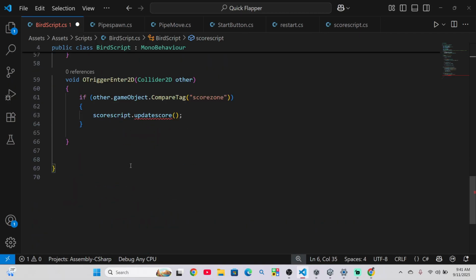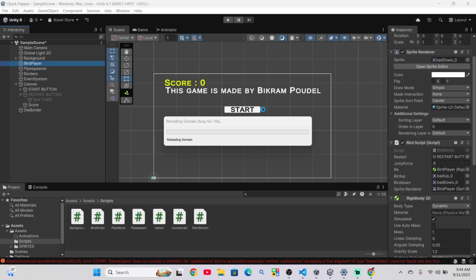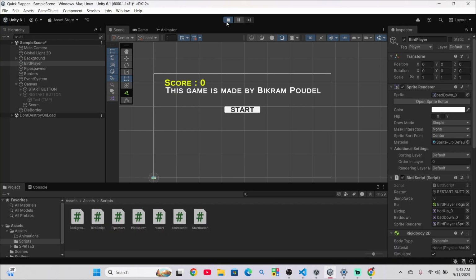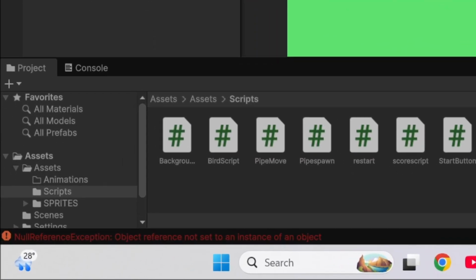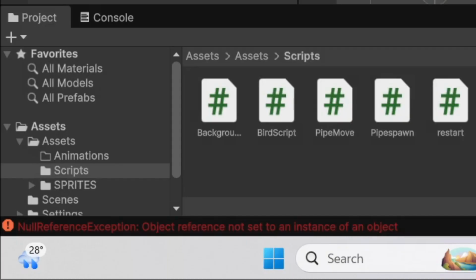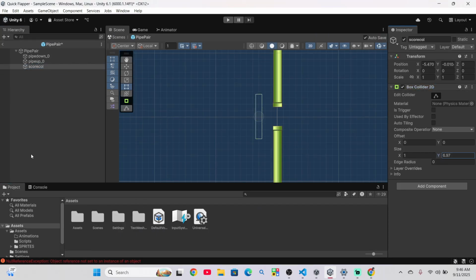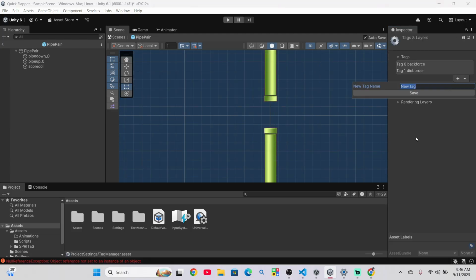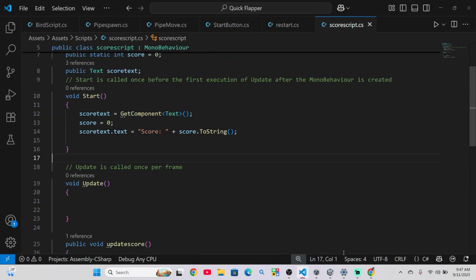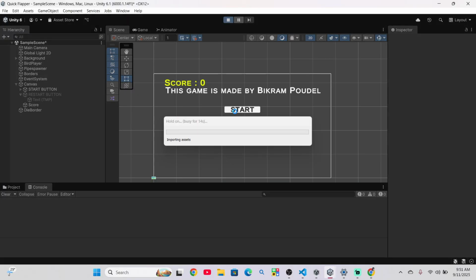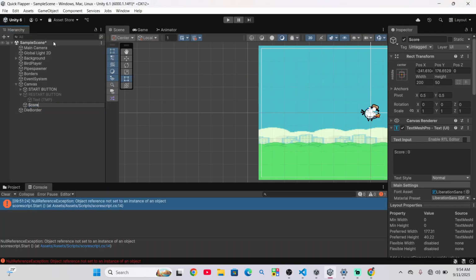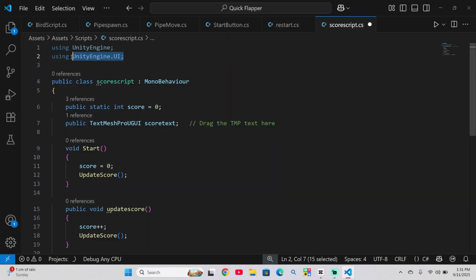I took help of ChatGPT for this, but it's sort of a problem. I spent over 3 hours trying to solve this problem and figure out what was wrong. Oh, leave it for now. I decided to add an invisible colliding box between the pipes that triggers whenever the bird crosses it. It calls the function add score. After working for 3 hours, I couldn't get the score script to work. And finally I got it, and the problem was